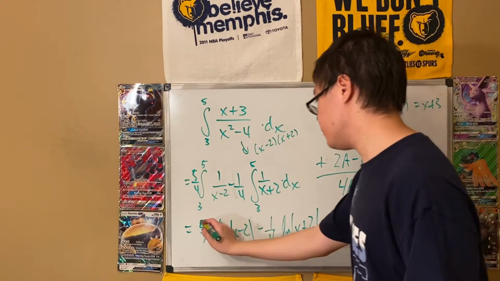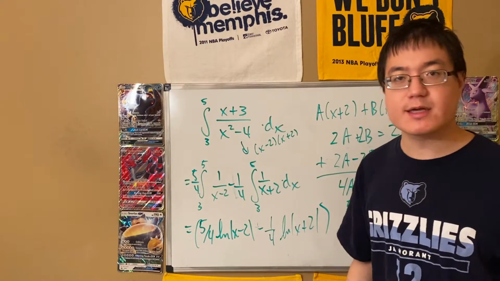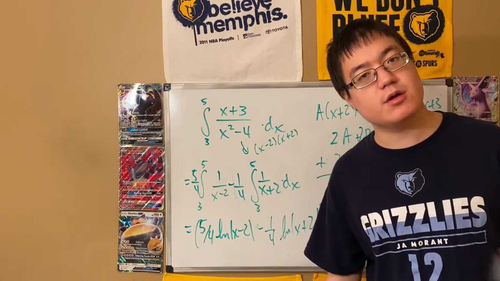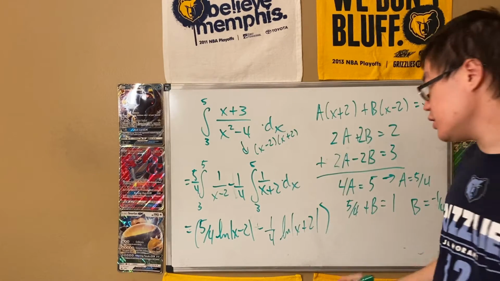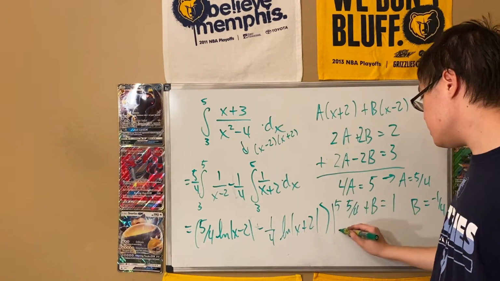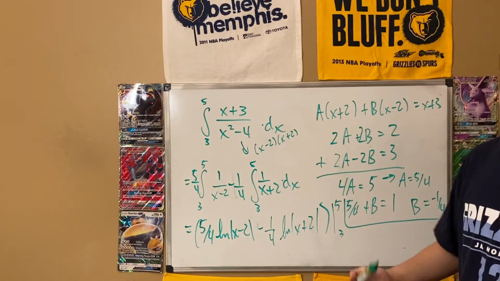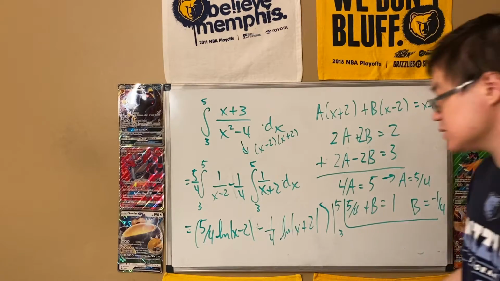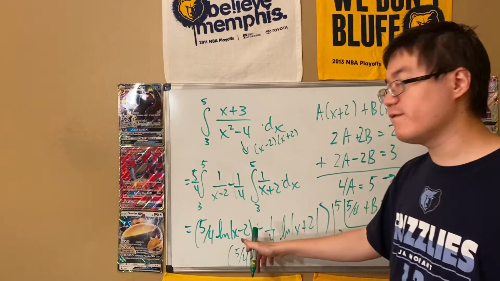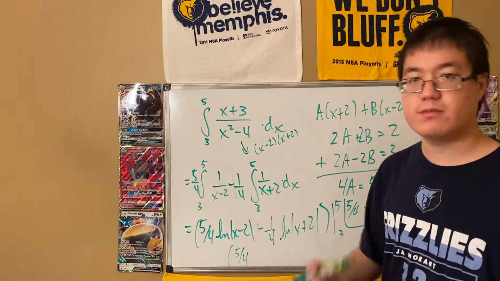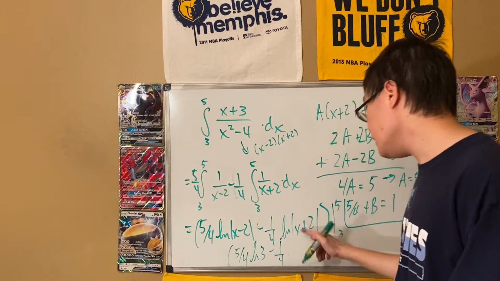And then instead of writing plus c, we are going to evaluate it at 5 and 3, because that's what the fundamental theorem of calculus tells me to do. And I always follow the fundamental theorem of calculus. I never question it. So I plug in 5 and 3. If it tells me to do something, I do it. So when I plug in 5 and 3, of course, you're going to be careful with top and bottom and stuff like that. So it's going to be 5/4 ln of 3, because it's 5 minus 2, that's 3. Ln of 3 minus 1/4 ln of 7,